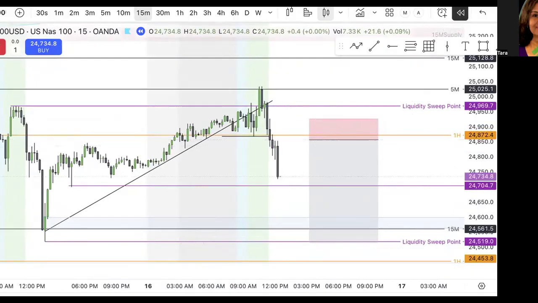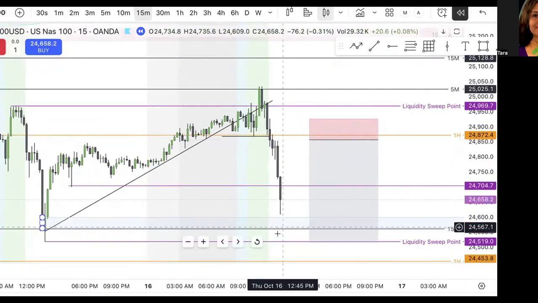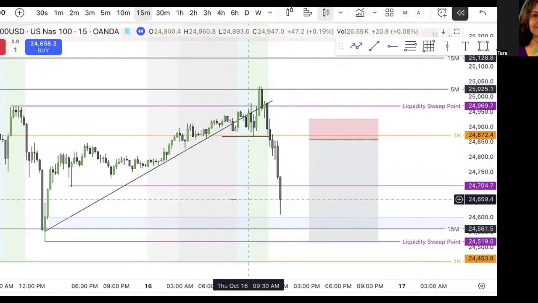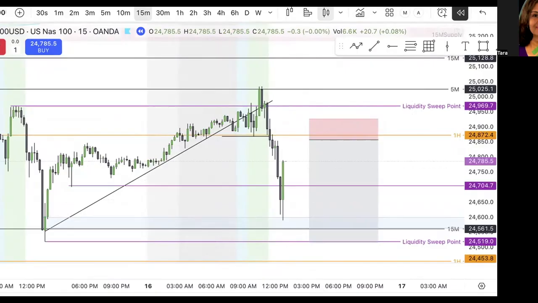Okay, we get a little bit more chop here, but then price just goes right on down, doesn't it? And so we would have secured some profit here. It's going back up. We're glad we secured some profit. And then